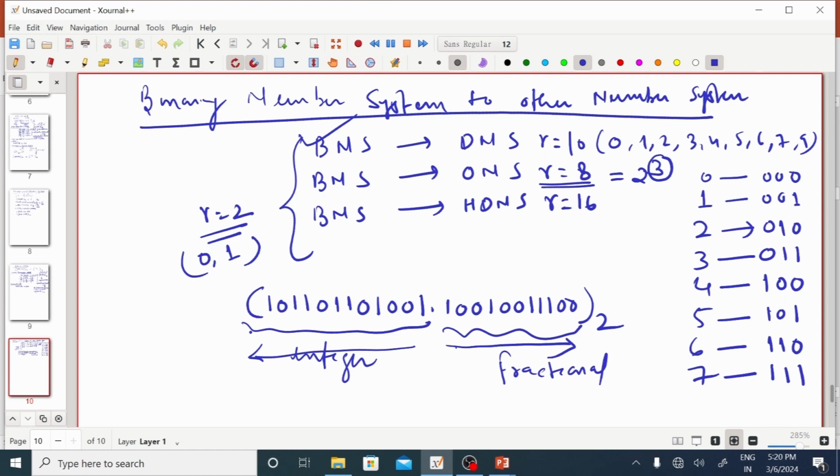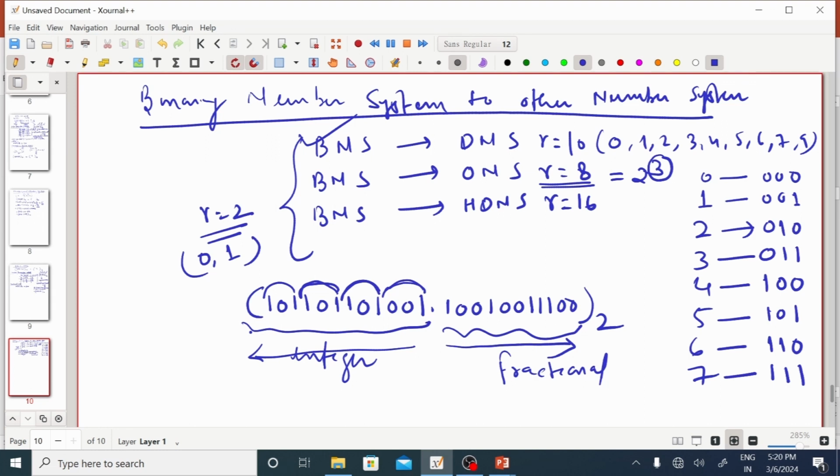So here we simply make groups of 3 binary bits starting from the right and moving towards the left. This is one group, this is another group of 3 binary bits, this is another, and this is another. Here there are exactly 12 digits. This means we simply make 4 groups, each having 3 binary bits. But if more digits are there, suppose 13 or 14 digits in the integer portion, then we simply add 0 as a previous digit, a 0 in the MSB position.